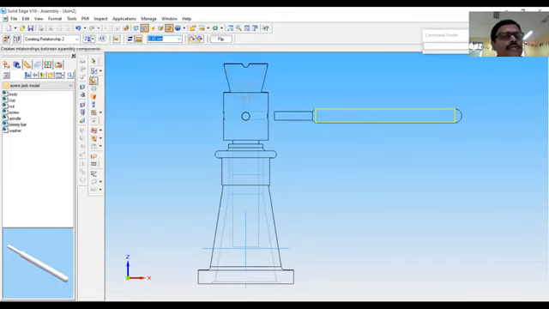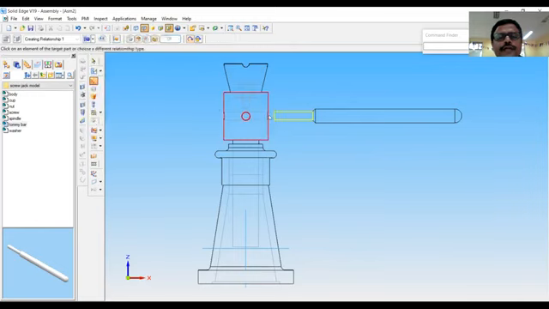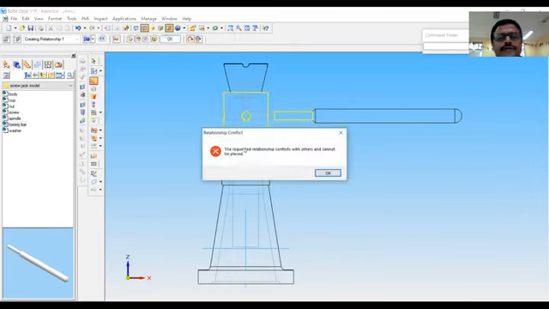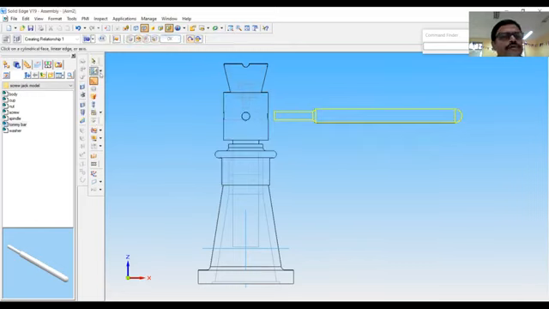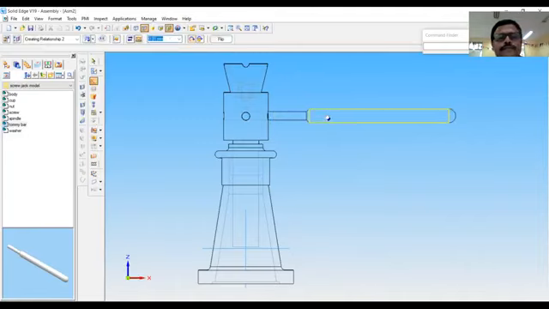We can assemble it. I think axial align, we can give it once again. Axis of this with the axis of this. Now you use the flash fit option to assemble the Tommy bar.